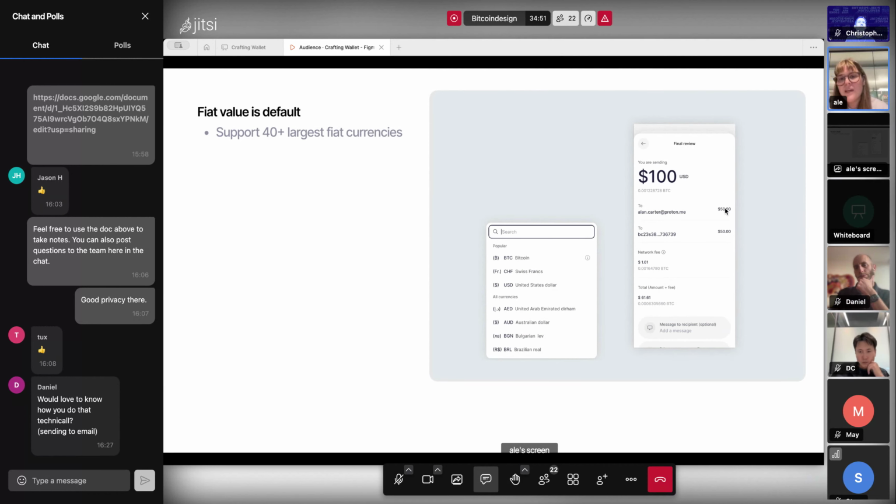We always display fiat as the main currency in our transaction list and everywhere, because it's more approachable. For newcomers, it's easier to say, okay, I will pay a $2 fee instead of 0.0004 Bitcoin.